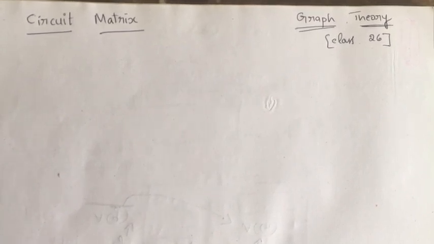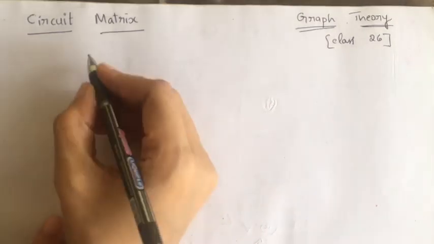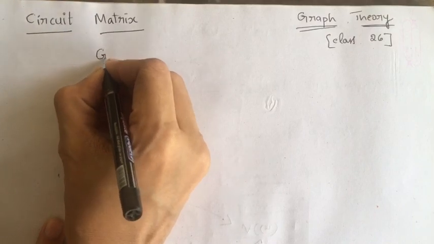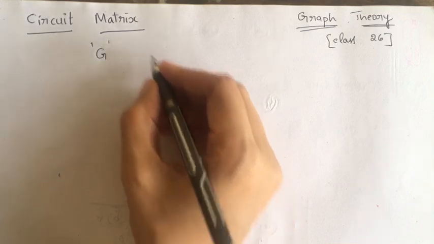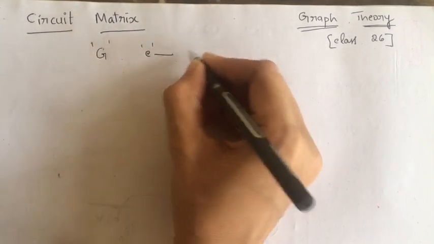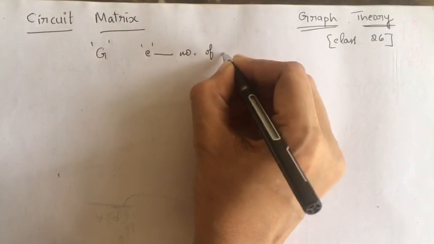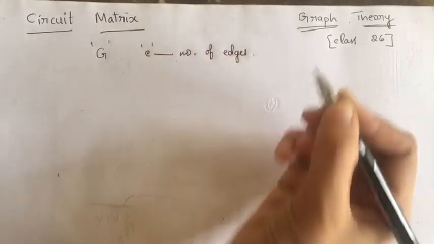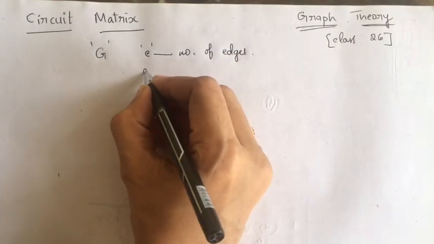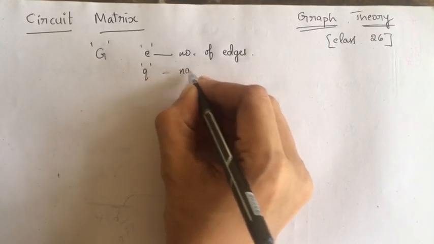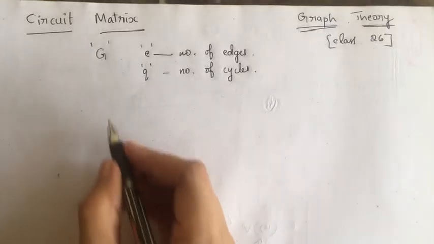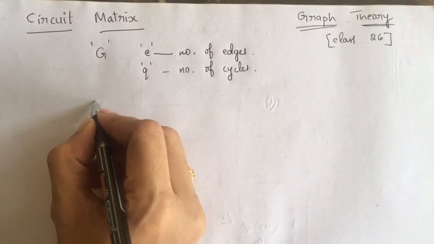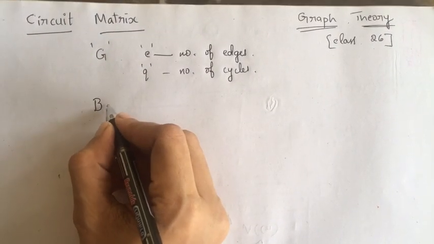Let us learn about circuit matrix or cycle matrix of a graph. Let G be a graph. The number of edges in G be E. G has E number of edges and it has got, say, Q number of circuits or cycles. Then circuit matrix or cycle matrix is represented by